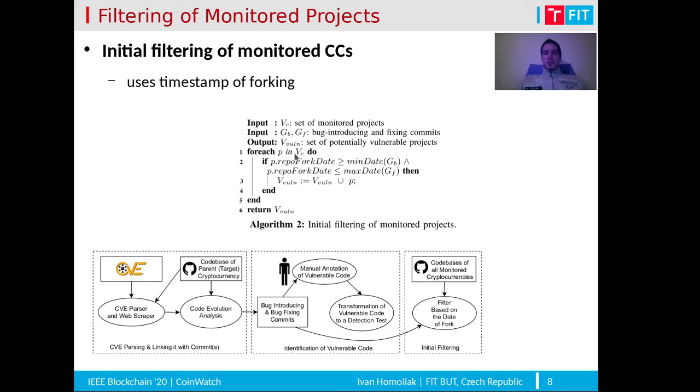We iterate over all the projects from our database, and we check whether the fork date is later than the minimal date of all bug introducing commits, and earlier than the maximal date of all bug fixing commits. In this way, we try to identify the biggest set of potentially vulnerable projects. So we employ this kind of conservative approach.